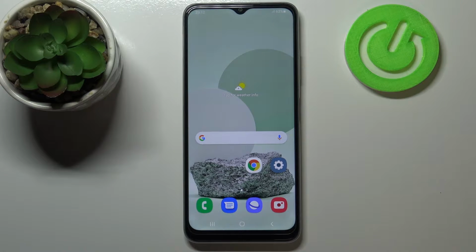Hi everyone, here we've got Samsung Galaxy M22 and let me share with you how to reset app preferences on